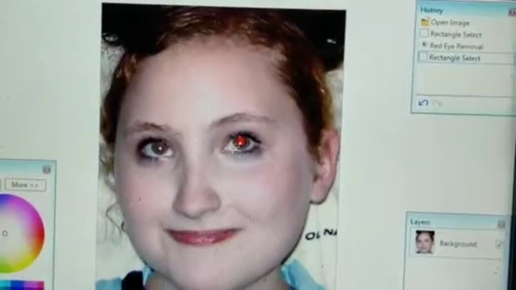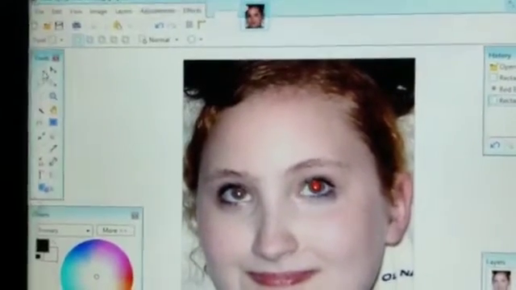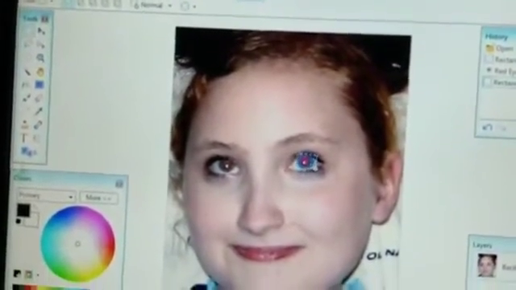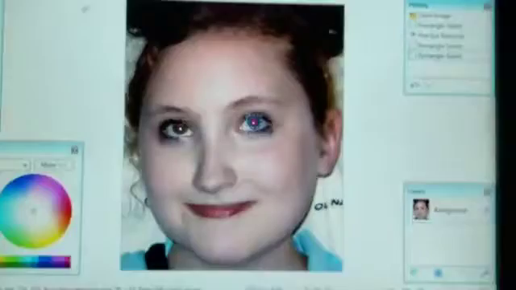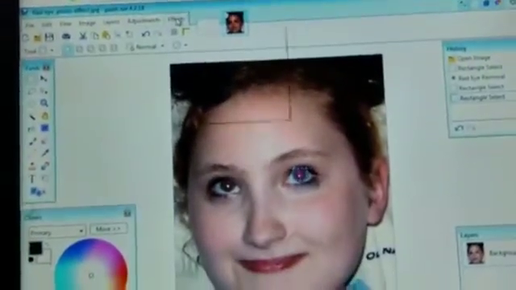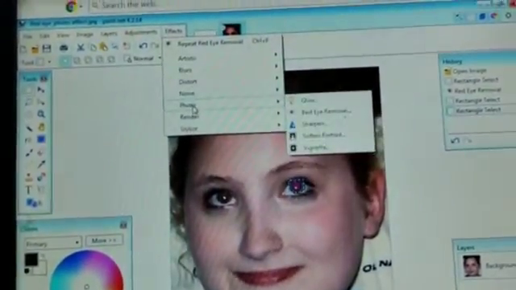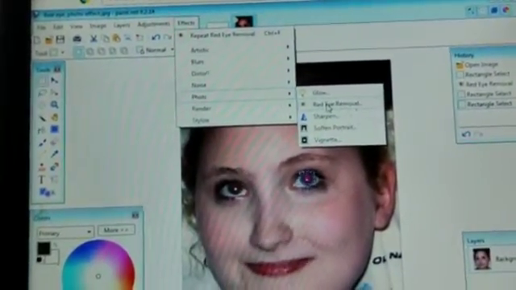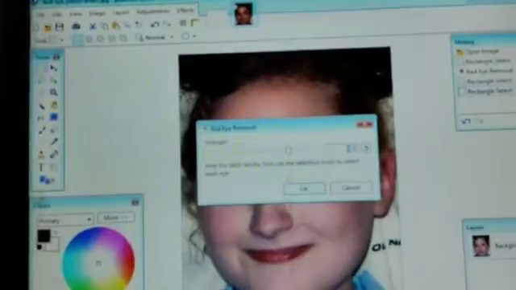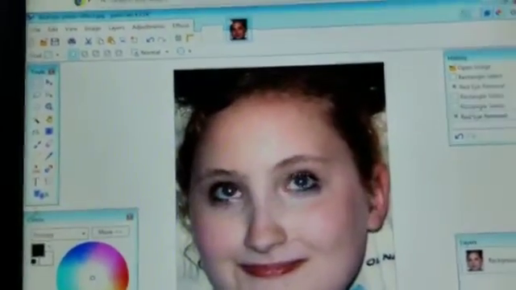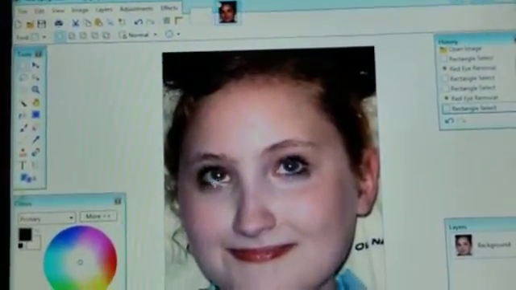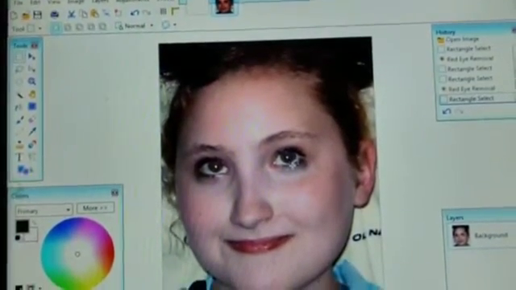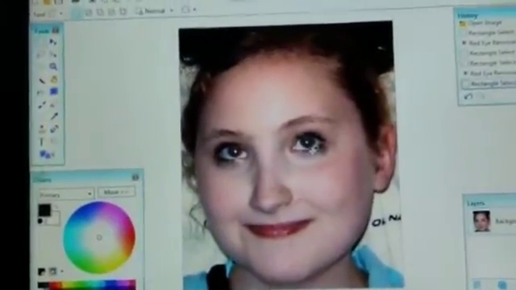Now once again I'll show you how to remove the red eyes. First we need to select, use select tool, rectangle tool and select. Then go to effect, go to photos option. From the photos option, select red eye removal. Then click OK. Directly also you can click OK. Now you can see, children, red eye effect has been removed. Is that clear, children, how to remove the red eye effect? Okay.